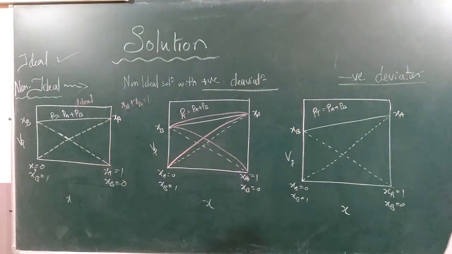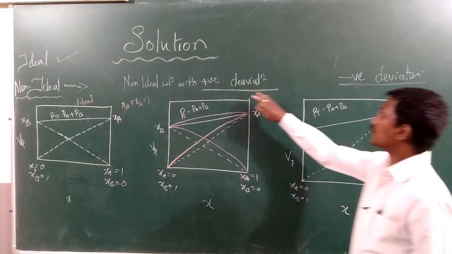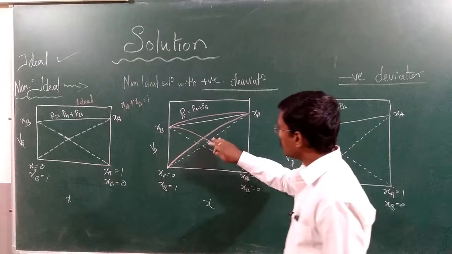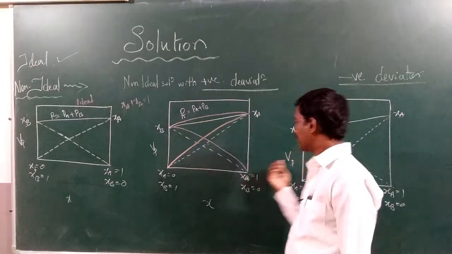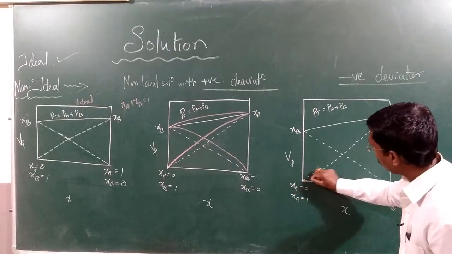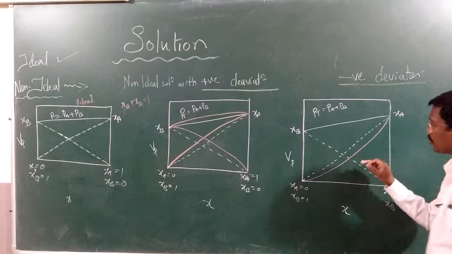I hope you can judge the next one. Here, non-ideal solutions with negative deviations are those where the values are increasing here and the values are decreasing here. It means the graph is coming below, which means enthalpy is decreasing. Its normal value